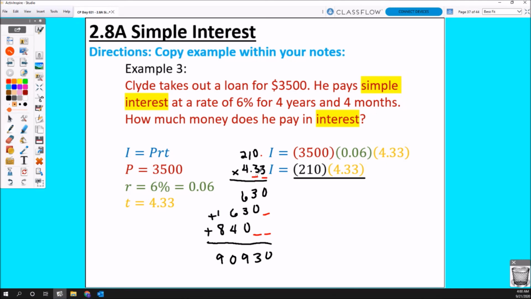So if we were to look for the total amount, 0 plus 2 is 2. So our total amount of decimal places is 2. So take that into account. Starting from here, I'm going to move to the left 2 times. So instead of 90,930, with taking account of the decimal places, the true amount is